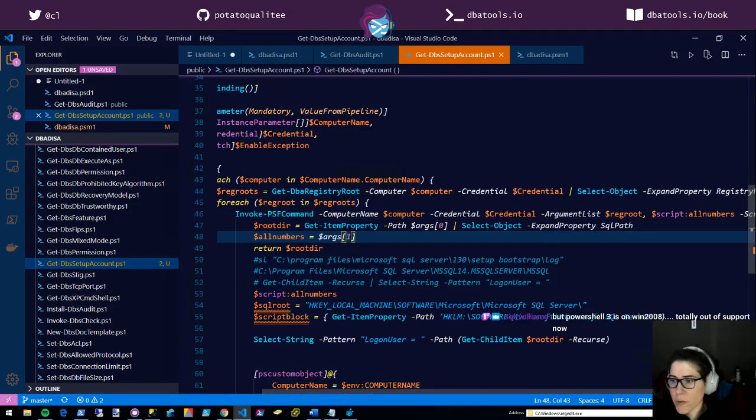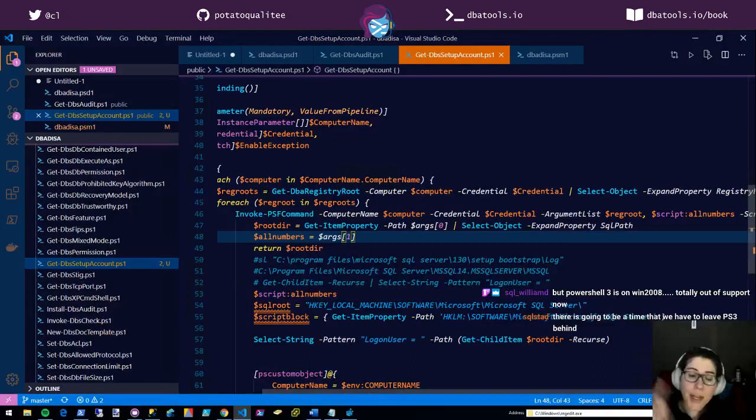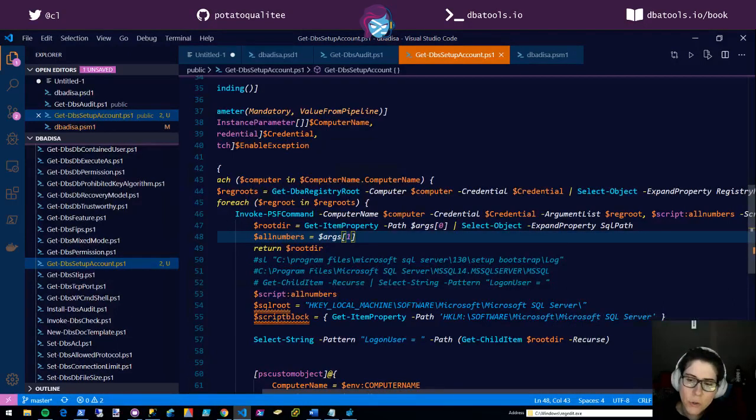PowerShell 3 is on Win 2008, totally out of support now. That is true, William. As the maintainer of a module that is based around migrations, it's not too hard to put in a little extra work to support PowerShell 3. And basically, my heart breaks for the DBAs who are stuck on older versions of SQL Server.